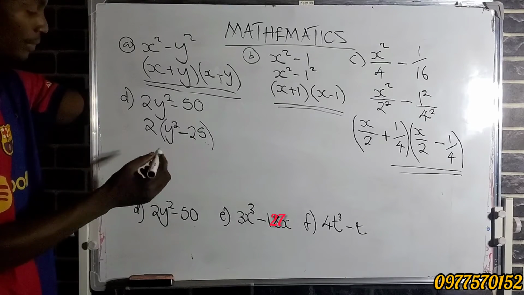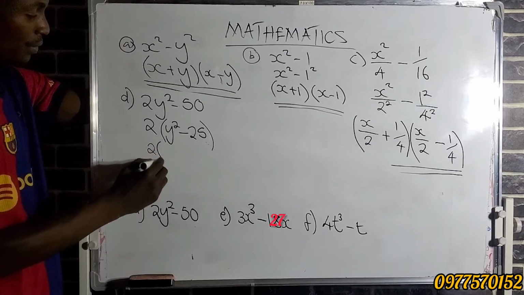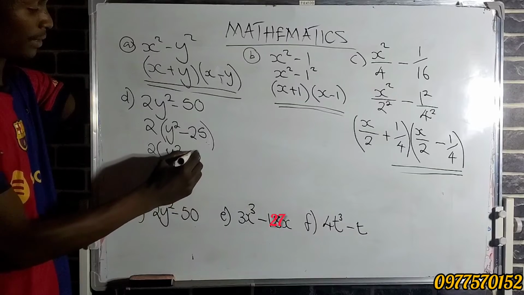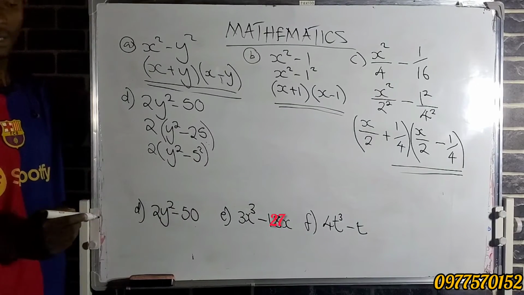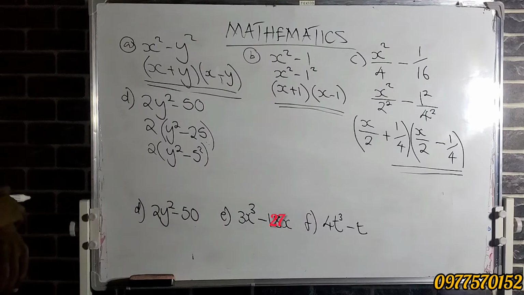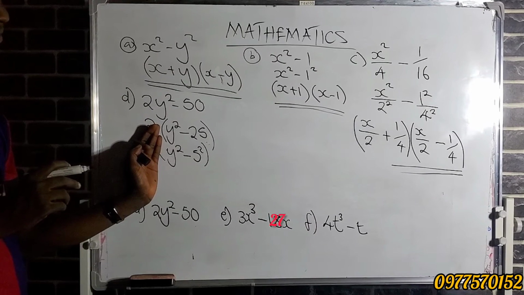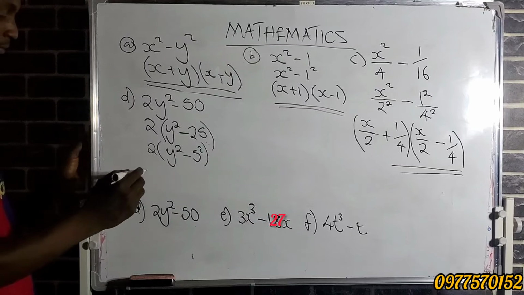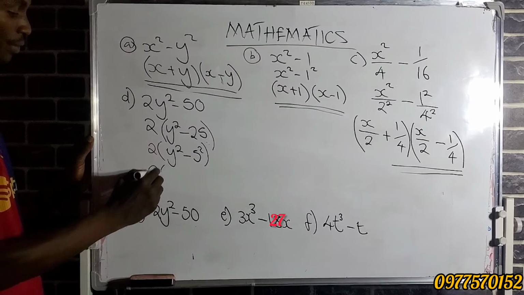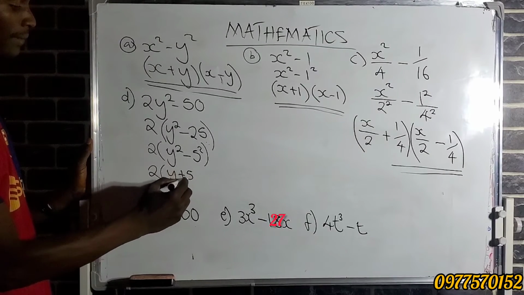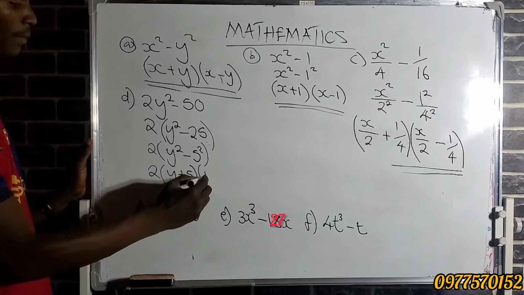Y squared. Very good. So here we're going to write 2 y squared, squared, minus 5 squared. You see? Yes. Then, see inside here the difference of what? 2 squares. So therefore, a difference of 2 squares here will be y plus 5, then y minus 5. Then outside we have what? 2. Very good. So it's going to be written as 2 open bracket y plus 5 close bracket, open y